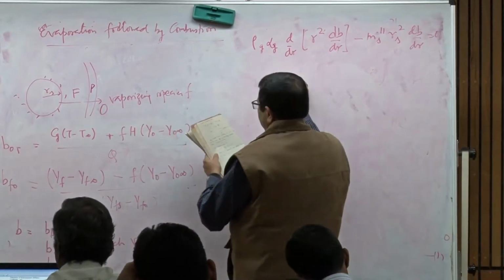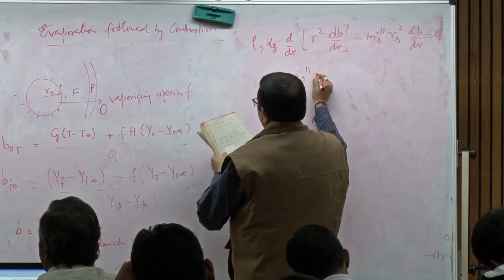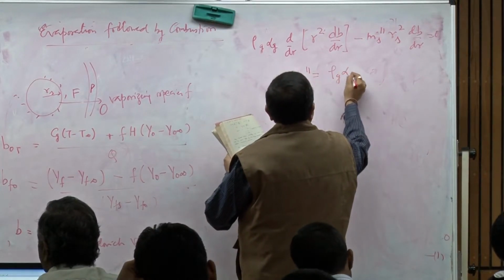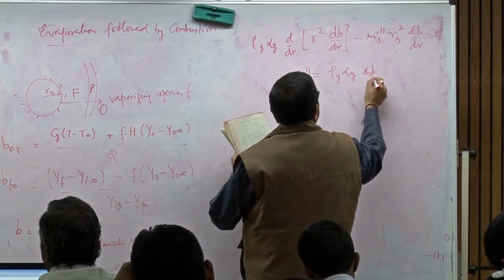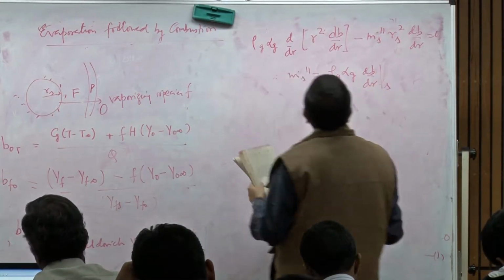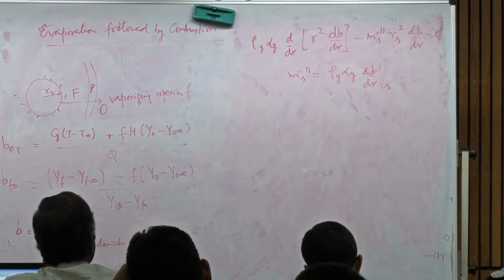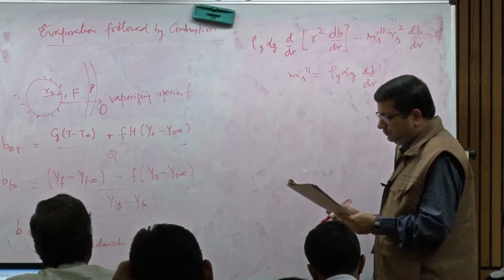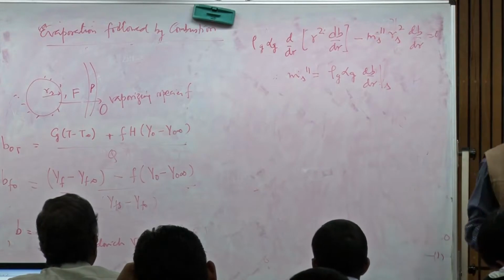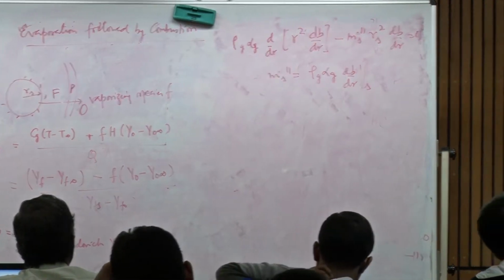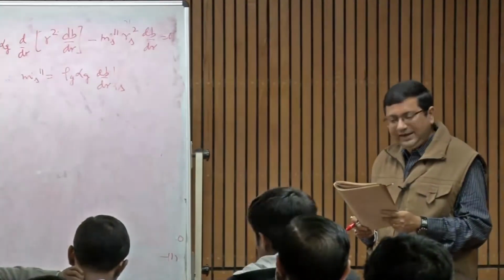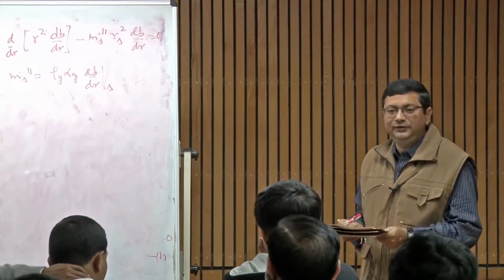Then at the surface, okay, now any variable that satisfies the above equation with the same type of boundary condition is called a conserved variable,